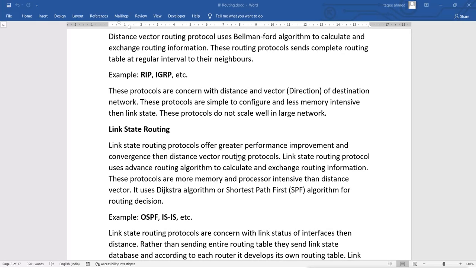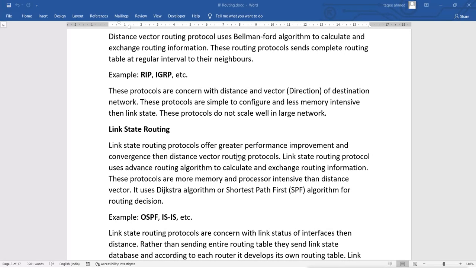The time it takes between losing the path and getting the other path is called convergence time. That means the time during which the destination network is not available. When you lose a path, your network is not available, then the network has to be recalculated, and then it will find the other path. The time it takes to find the other path is called convergence time. That convergence time is very big in RIP, in distance vector protocols. But in link state protocols, it can be done very quickly.